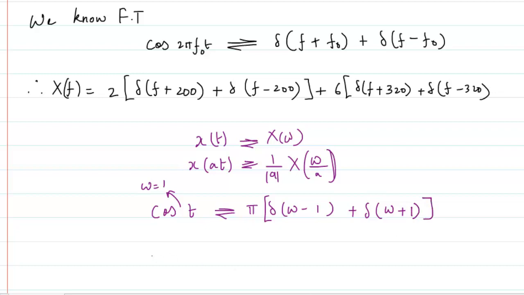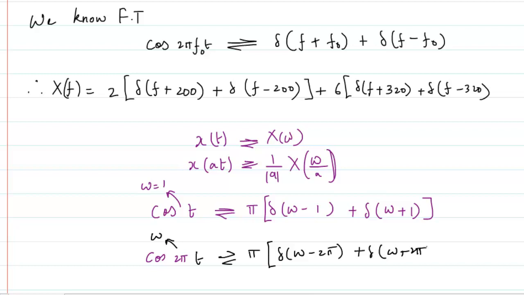And now if I am going to write that, I am going to multiply this with cos 2 pi f naught t, or let me say that I am going to put 2 pi t, so that my omega is now 2 pi. Okay, in that case again the answer will be pi delta omega minus 2 pi plus delta omega plus 2 pi. Okay, and now if I am using this particular principle,